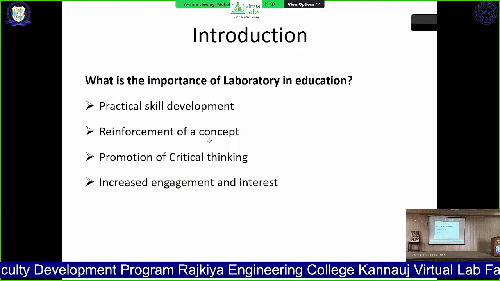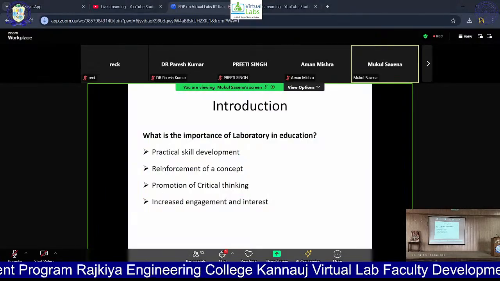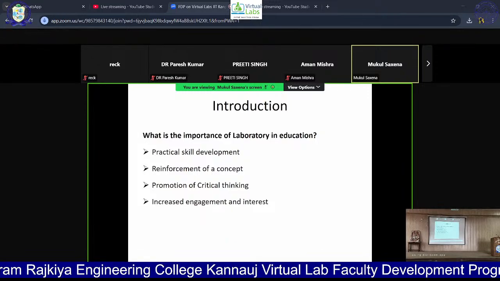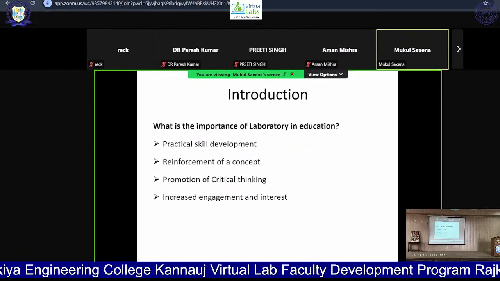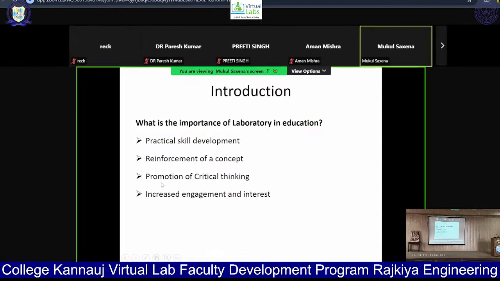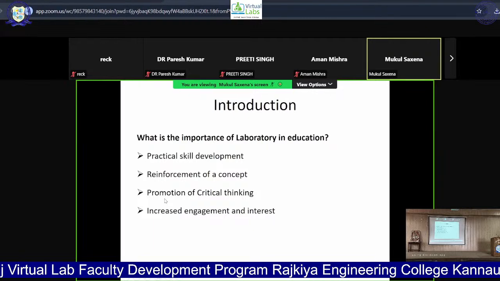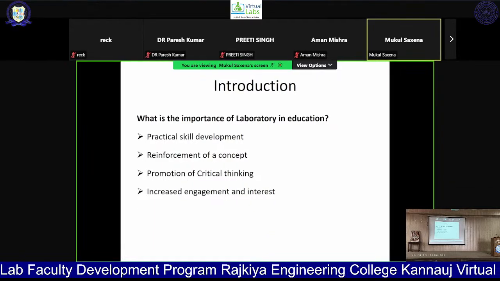And by thorough analysis of the results of the experiment that the students are going to perform, it helps in developing critical thinking among the students.